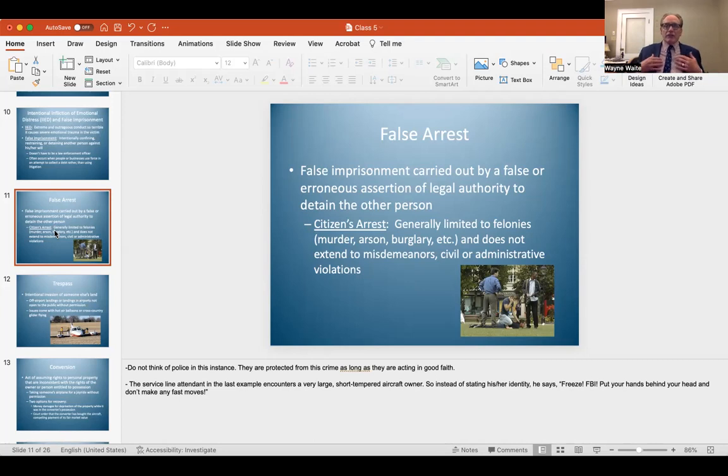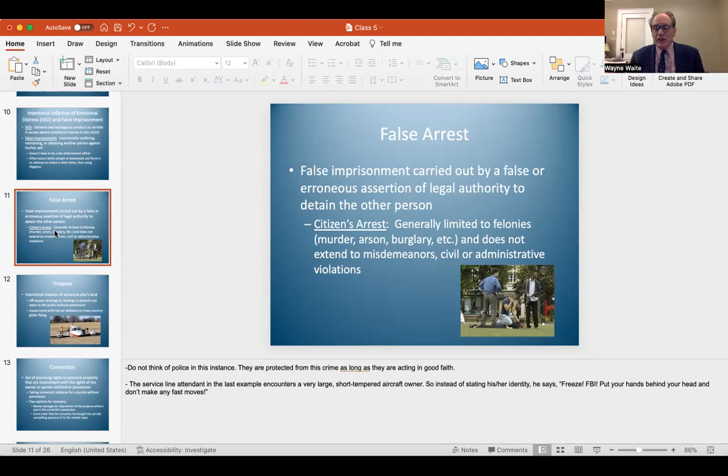So you really want to be very, very careful if you take on that role of the superhero, get yourself out there and try to stop somebody thinking that you have the authority of law when most likely you don't. And also, it just makes sense, in my view, not to put yourself out there and get yourself killed. So the standard that we have as individuals, of course, is different than that for law enforcement officers. They are protected from false arrest as long as they're acting in good faith, and most likely will have immunity if they're acting in the course and scope of their employment.